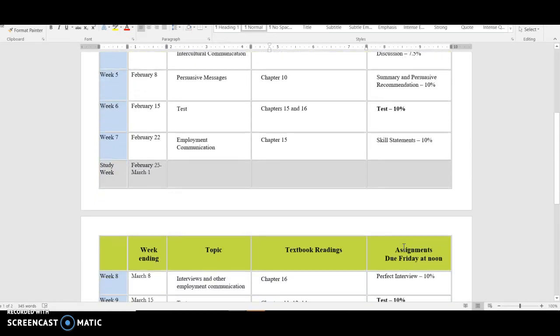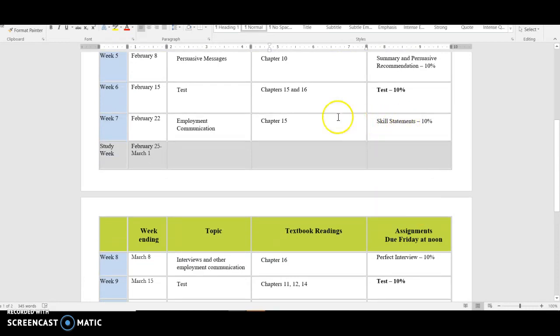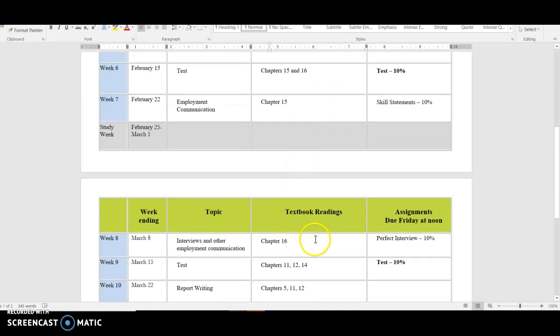After that test is complete, we move on towards reading week when you get the first assignment of the employment-related communication, which is your skill statements. They are a great tool for preparing to write your resume and preparing to do a cover letter as you need to. It also prepares you for the assignment that comes after reading week, which is the perfect interview,